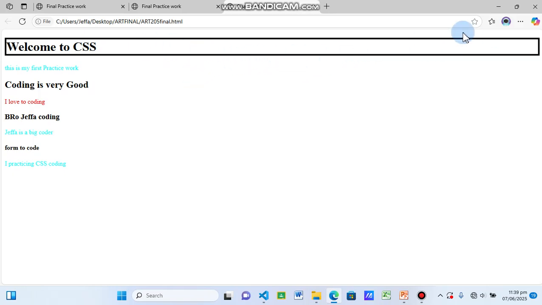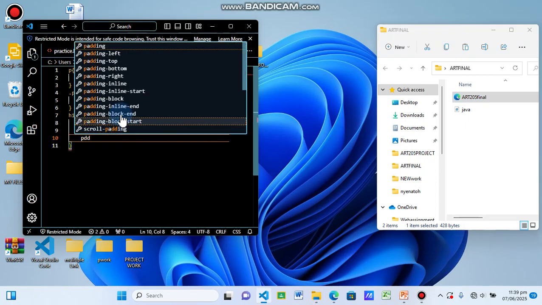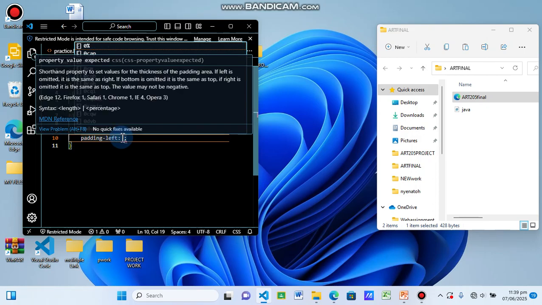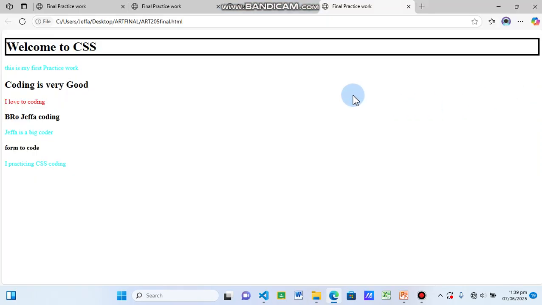This is how we use our border. This border, margin and padding, everything works the same. So within this, we can also use padding. We can do padding-left. Padding left should be 15. Here put 25. So we save. We come to our browser and see the padding of this web page has changed.